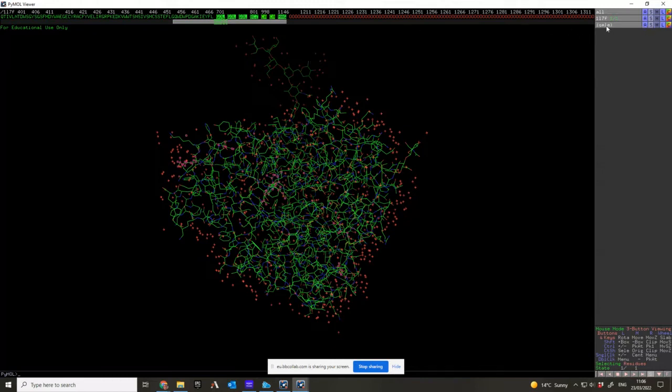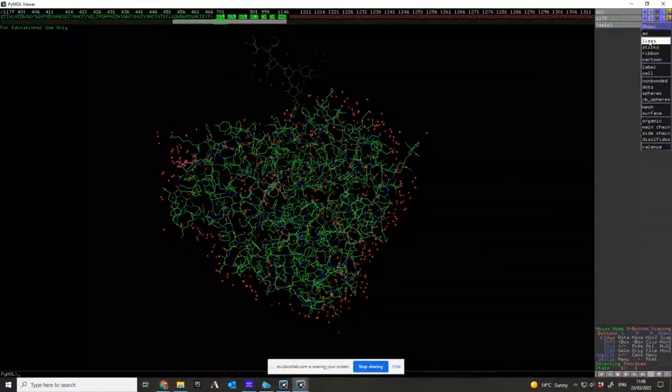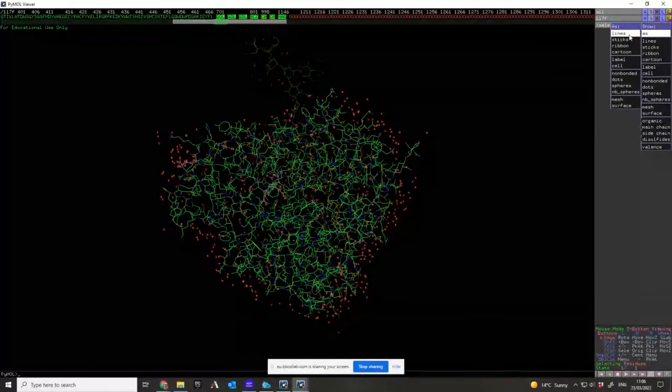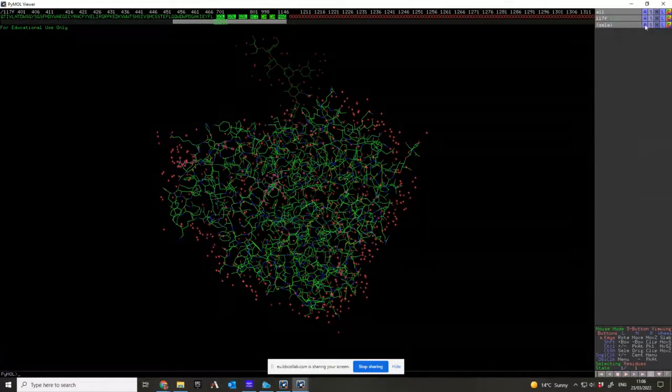So when I clicked on them, I got an extra line here which says selection. So what I can do is do some sort of action with the selection, so I can delete that selection, so start again, or I can zoom on it or reorientate the way it rotates around that particular selection and do other things like that. Or I can show that selection only and then delete all the other things, so you just have a focus on that. So if I show those just as lines, if I still got those selected,